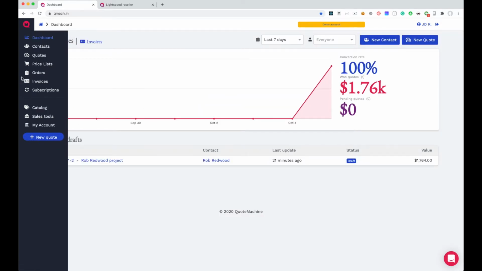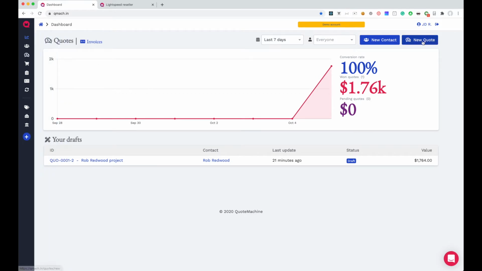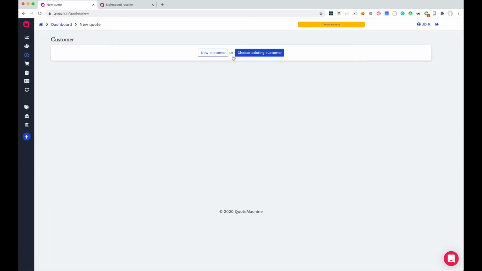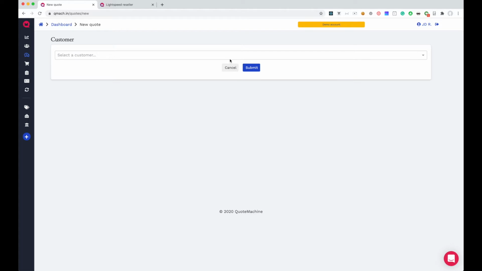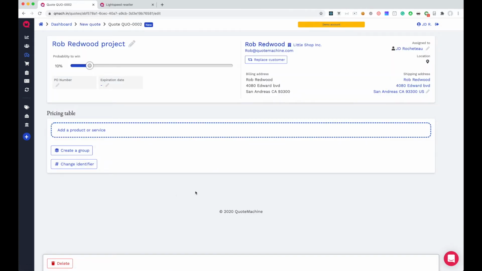So the main interest is for you to be able to quote. So here's how you will make a quote. You will click here, new quote. You can create the customer, capture customer information, or sell to an existing customer that you have in your database. And the first thing you will be doing once you have the customer, you will start adding products and services